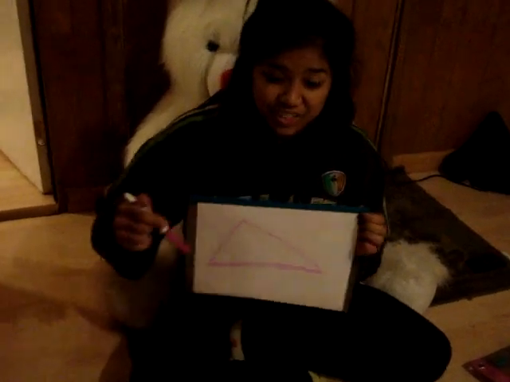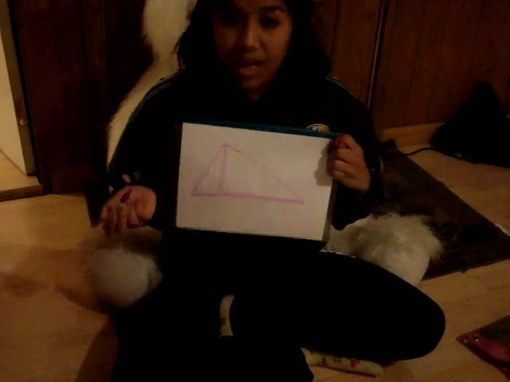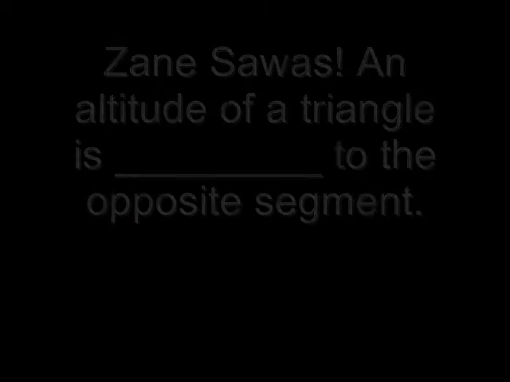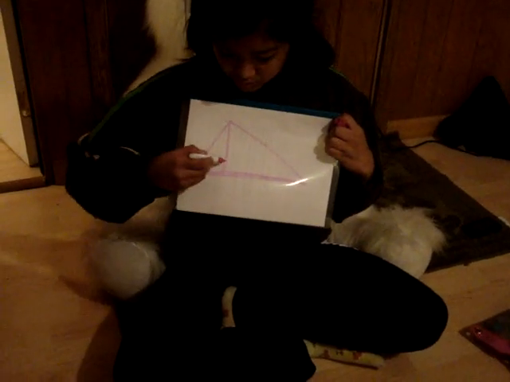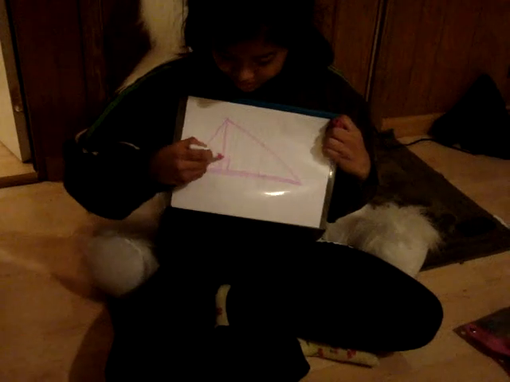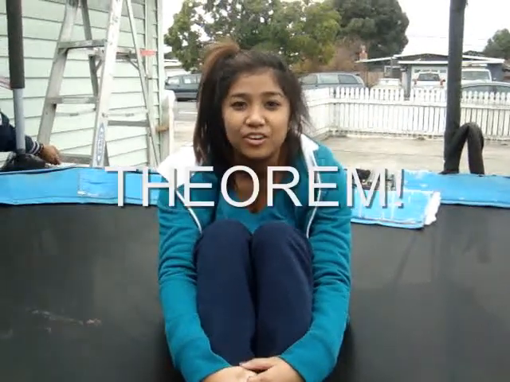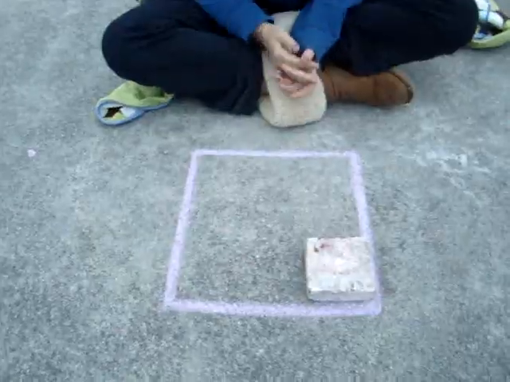An altitude of a triangle is when you start off with a vertex and go straight down. And once it goes straight down, it's perpendicular to the line under it, forming right angles. If a segment forms right angles from the vertex to the opposite side of a triangle, then it's an altitude. A square is both a